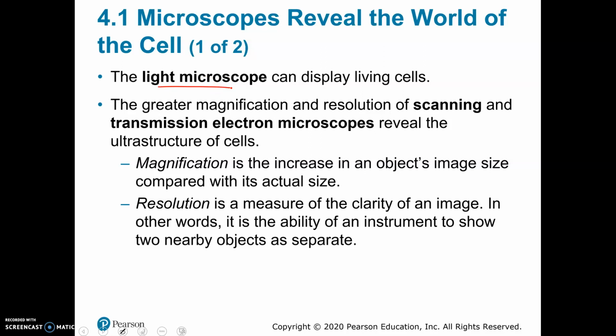And it can display living cells. That's a benefit of the light microscope, is we can actually look at little structures, organisms in pond water swimming around and all that kind of stuff. We can look at that under the light microscope. The drawback is that we can only magnify maybe a maximum, with the best light microscopes, of 1,000 to 2,000 times